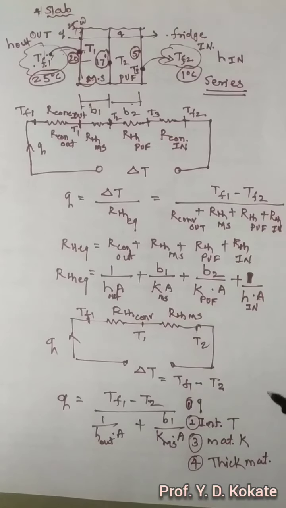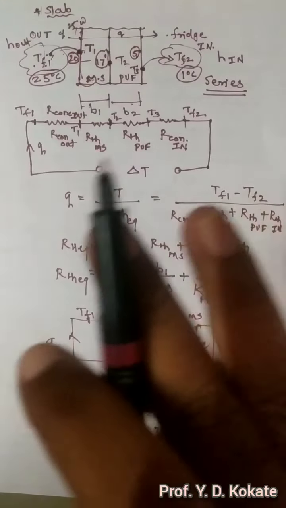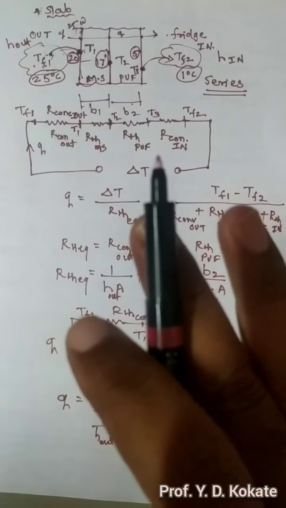For any thermal equipment, if you want to design it, at that time you require this knowledge. Sometimes the heat transfer is known to you and we want to decide the thickness of the material and the material thermal conductivity, which material we want to take. Then by taking the heat transfer into consideration, you can easily find which material you want to use and what its thickness is, so that you can attain that amount of heat transfer. Like this you want to treat the slab when it is composite.